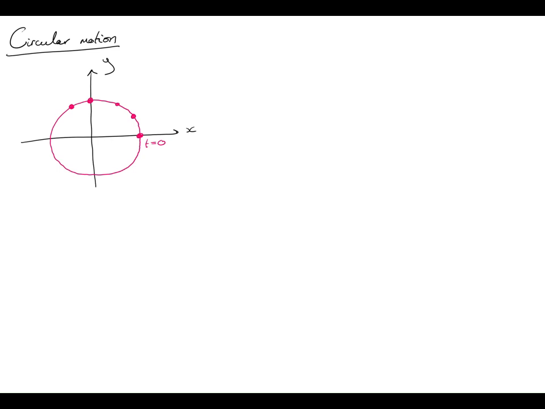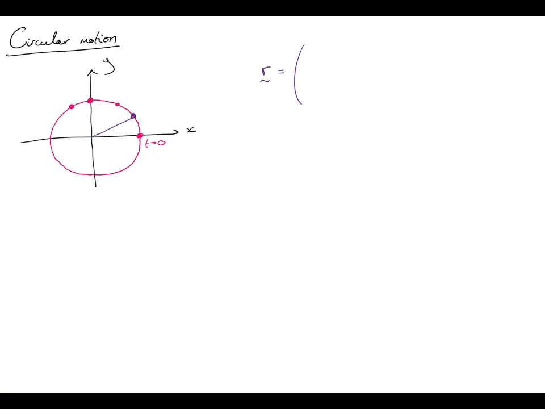And if we want to define the particle's position vector, well, we can think about the components in the x direction and the components in the y direction. So this position vector r is going to have an x component and a y component. Well, at some time t, that will change, so it will be a function of t. So if we just think about this point here at some time,